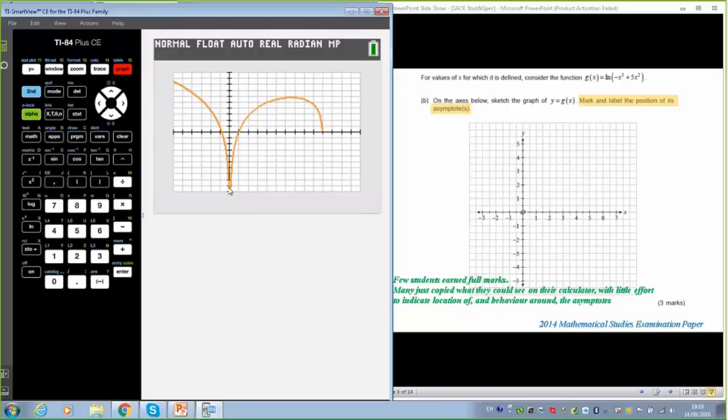That would do. So we can see that they were really just rushing the graph rather than thinking it through, which I think is just a shame. When they've got this technology, they've got the visual, to lose any marks here is just a real travesty.